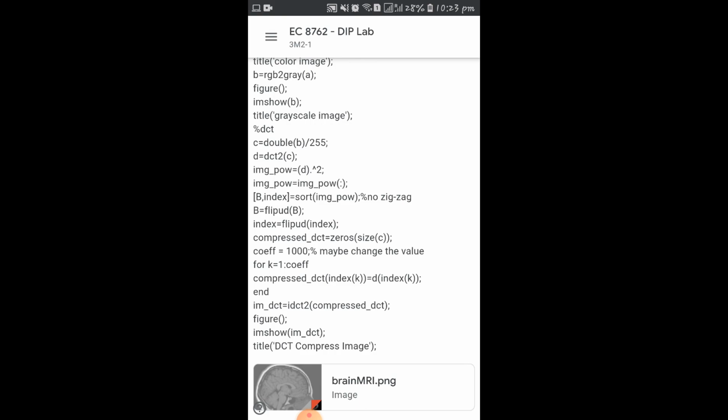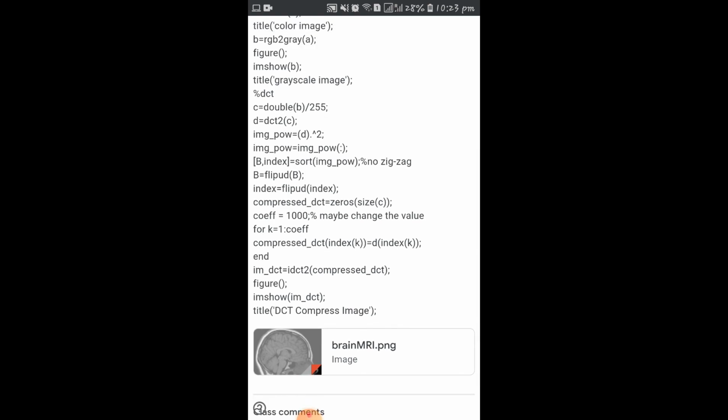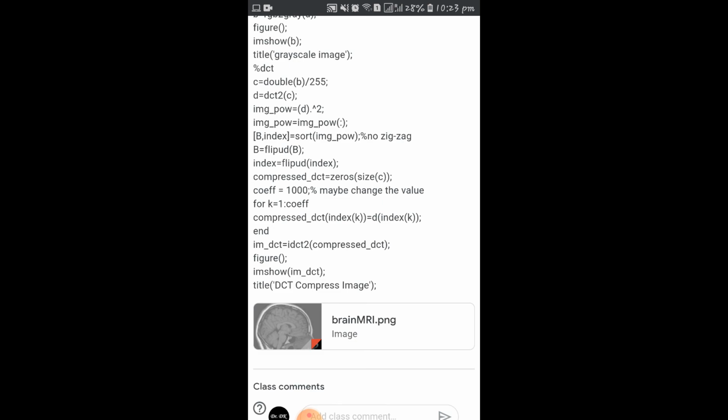From the DCT matrix, you are sorting the maximum power values, and based on that you are creating a loop where you try to find the compressed DCT values from the image index, and then based on the compressed DCT values you are getting the image. That's basically reconstruction. You are getting the inverse discrete cosine transform, and then you are obtaining the transformed image, and then you are displaying it here.